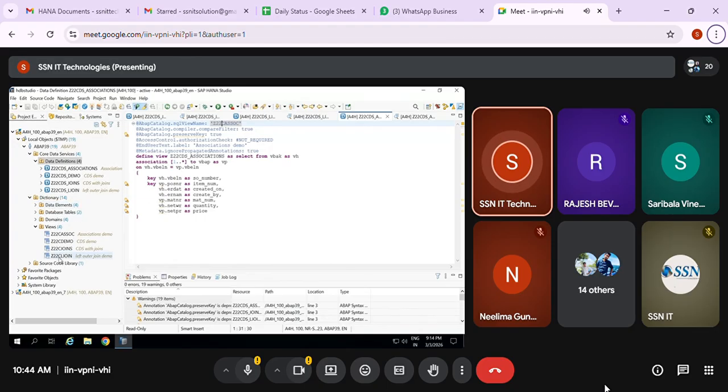It created one view. What is the use of this view? I'm not going to use this view at all anywhere else. If I want to see the CDS view data directly, this is the one, and this name only I'll use. It's going to trigger on the HANA database. If you want to write the code in the program, on this view name only you're going to write.